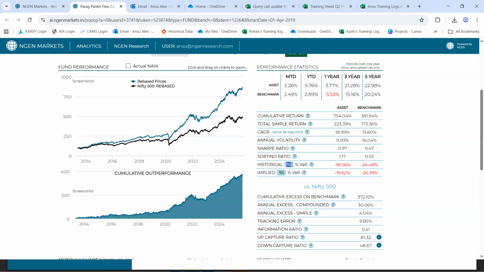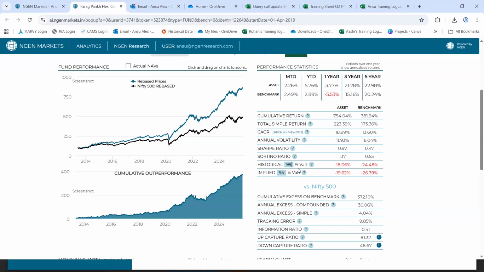Now, this 95 is an industry standard for value at risk. The industry standard is you can keep it either at 90, 95, or 99. So right here, when you go forward with a single fund analysis, you will have an option to edit this interval.